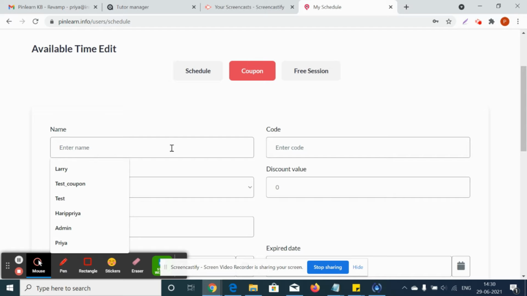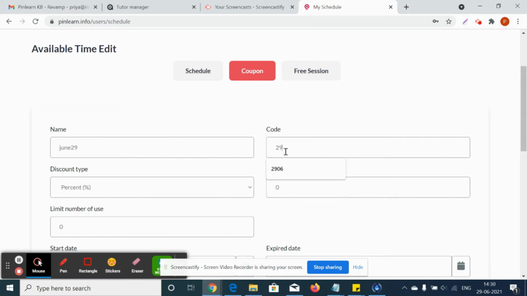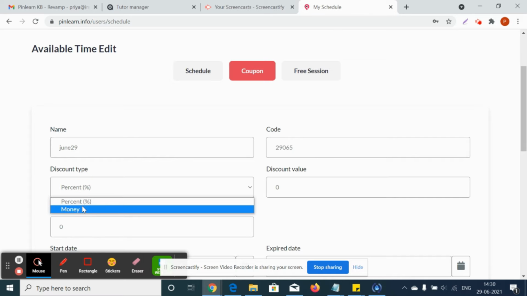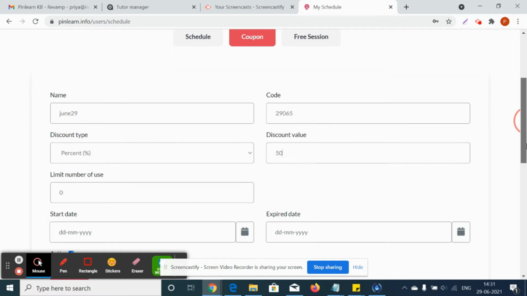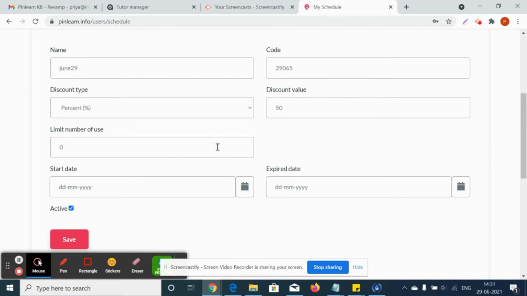etc. So let's say the name of the coupon is, and the coupon code is 29, and the discount type can be chosen if it's an absolute amount or a percentage amount, so that is money wise or percentage wise. So percentage and money. So let's say I'm giving as a tutor 50% discount for this particular class,